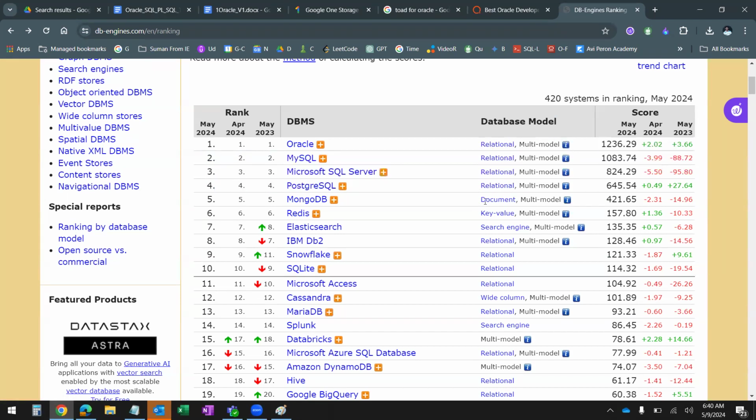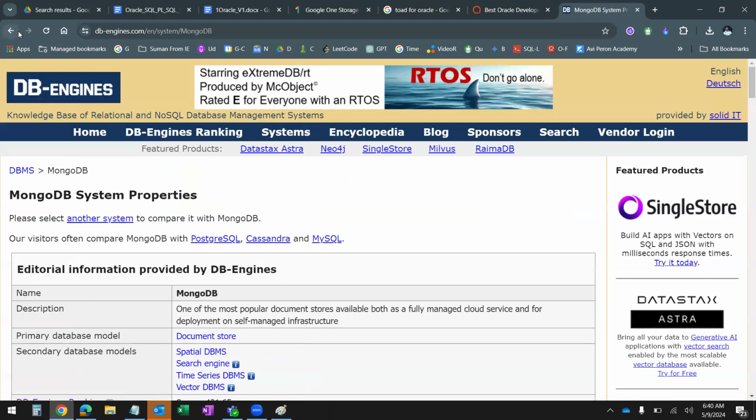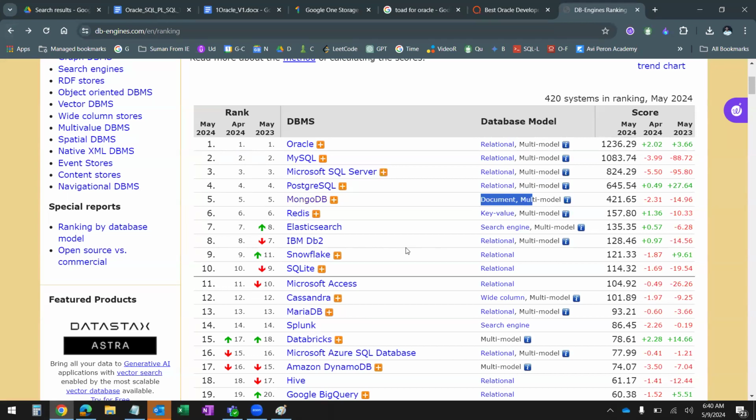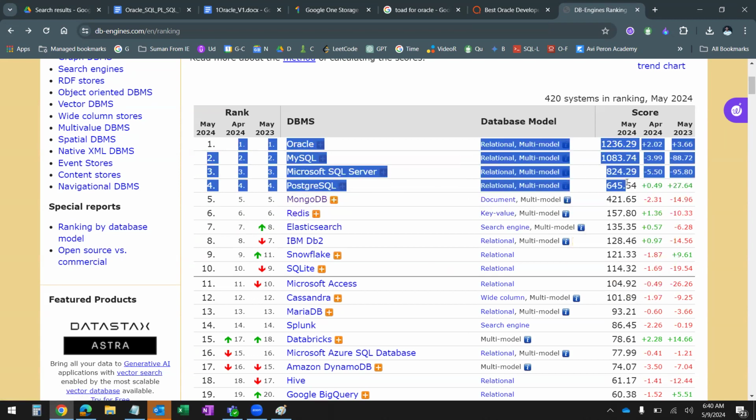What are document models? Document models are used by MongoDB, and there are a few popular document models. Key value is Redis. These are all used by big data. Why are they not using relational for big data? They are using it, but big data needs